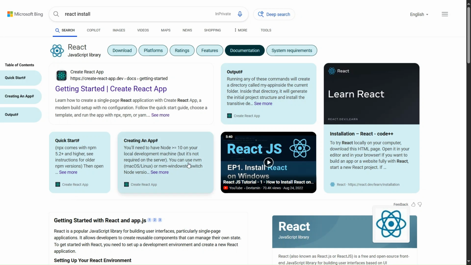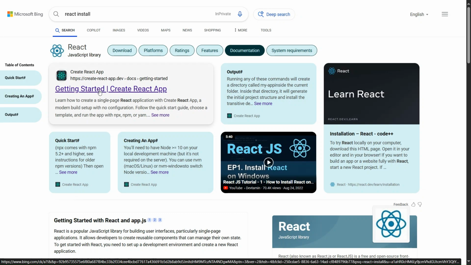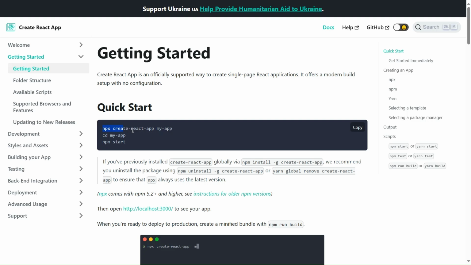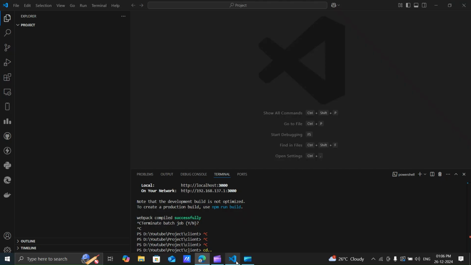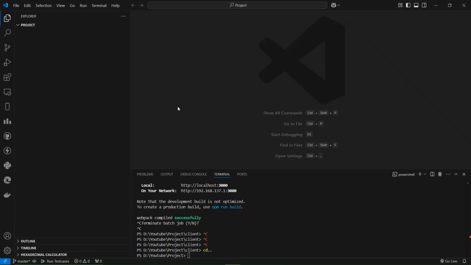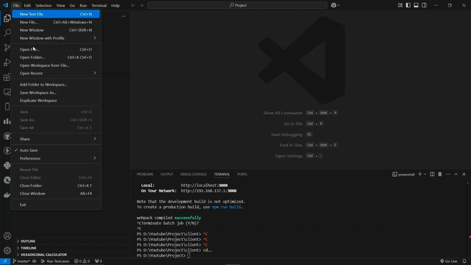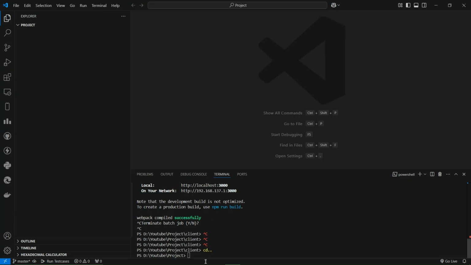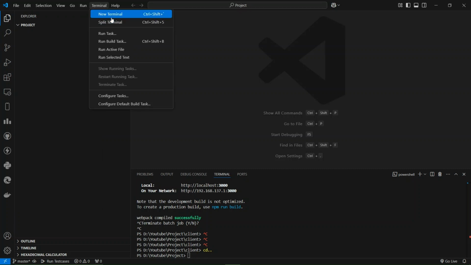So let's begin now. First open up your browser, search for React install and click on this link, copy this path, go to VS Code, and open any folder where you want to install a React app. Go to File, open the folder and select it. Then open the terminal, click on new terminal,